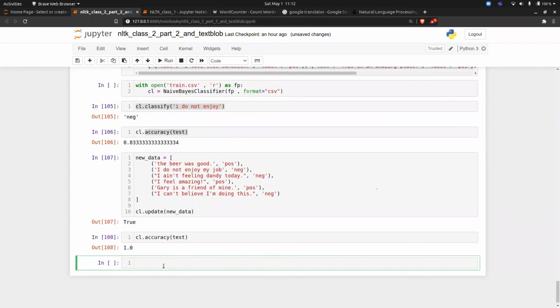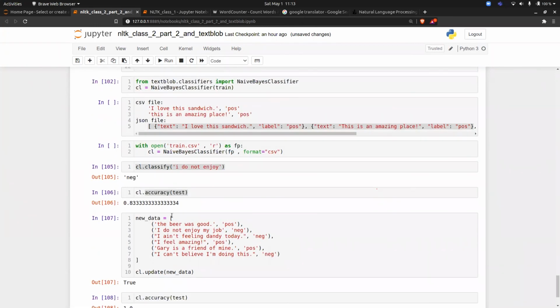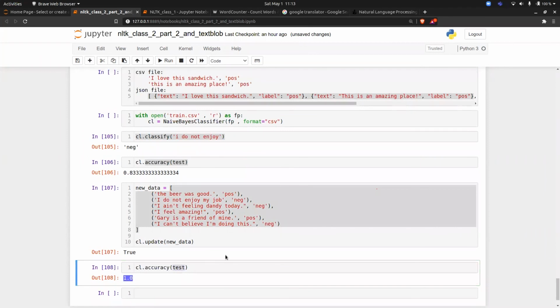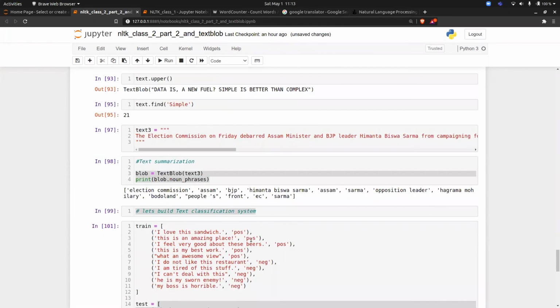Can you tell me why it is 1? Because we have already trained with the data. Yes, because this data we are training on, so this test data is nothing but seen data by the model. That's what's giving the accuracy. That's why we do a train test split, and we have to always test the model on unseen data. That's just a quick piece of information. This is the end of the TextBlob library. Is it clear to everyone?